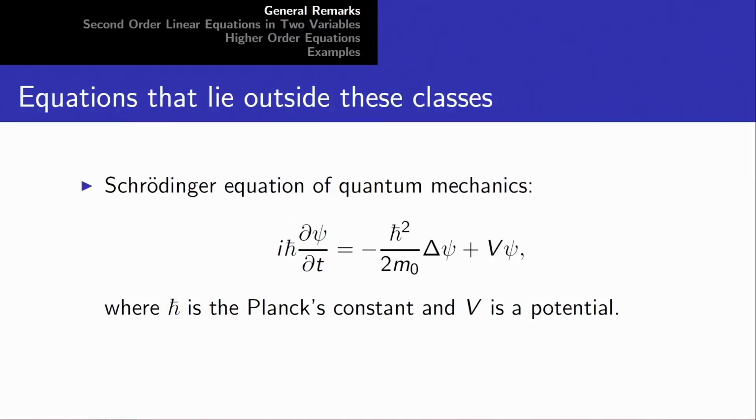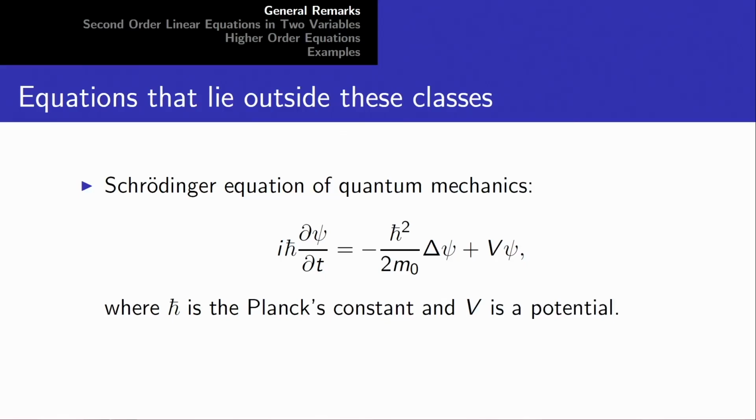Having said that about the classification, there are many equations of importance that lie outside these classes. What are these classes? Namely hyperbolic, parabolic and elliptic. So, I just list a few of them. There are plenty of equations. One is the Schrodinger equation from quantum mechanics, it is written here. It looks closer to the heat equation, but